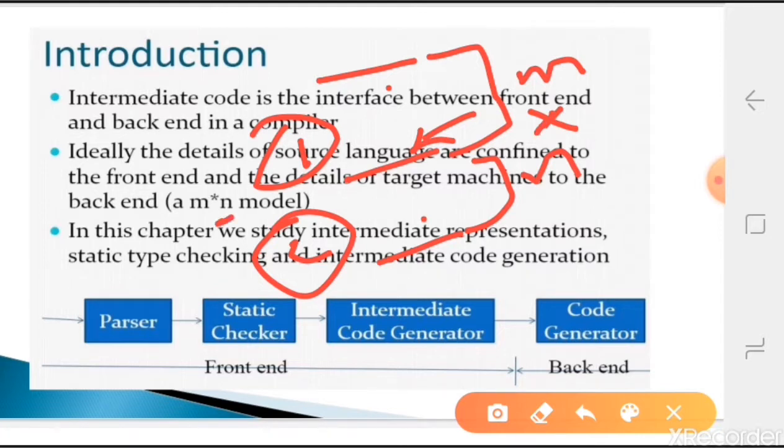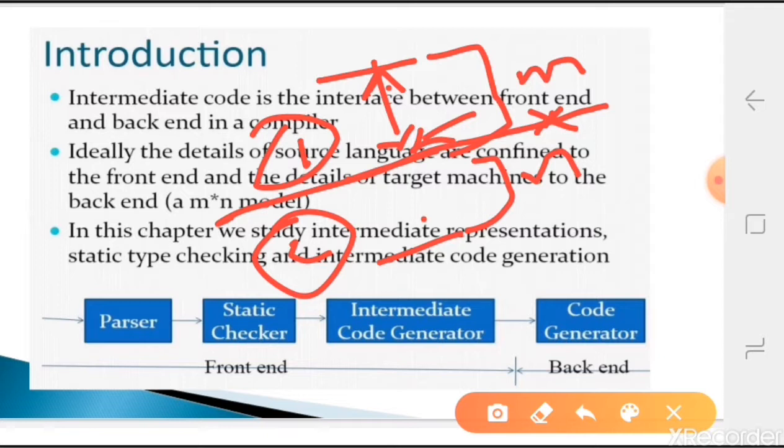Up to here the first part has m ways, and each can be mapped to n different ways to create the back end code. So you can have m into n different models of creating a compiler.